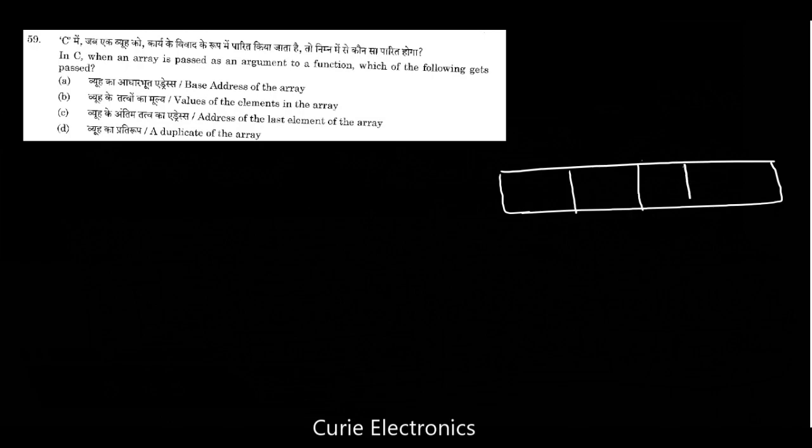In C, when an array is passed as an argument to a function, which of the following gets passed? See, an array is a memory location. Array means continuously we can save the numbers. It may be a 4 byte number. So the base is 0, then after 4 bytes it will be 4, 8, 12.